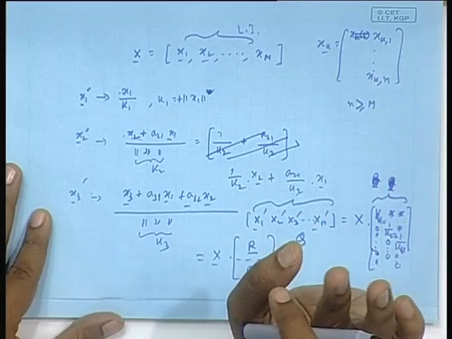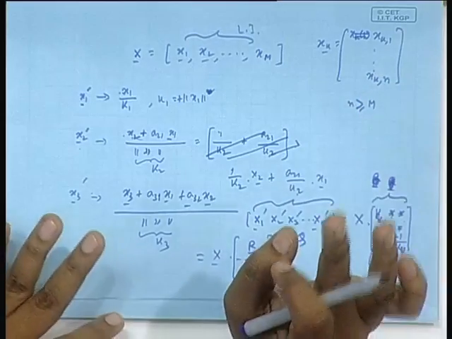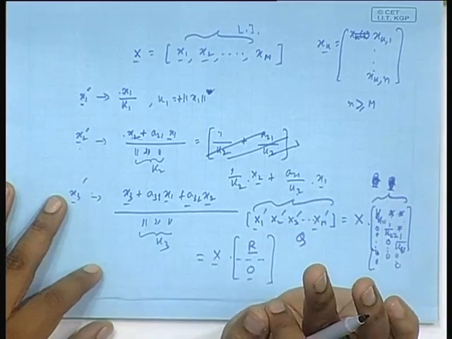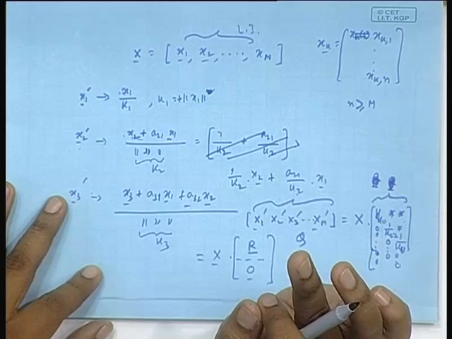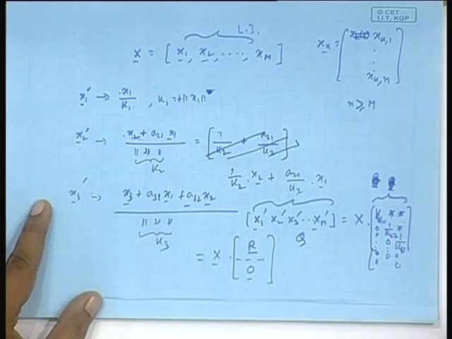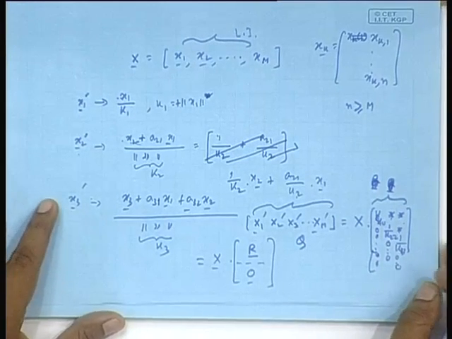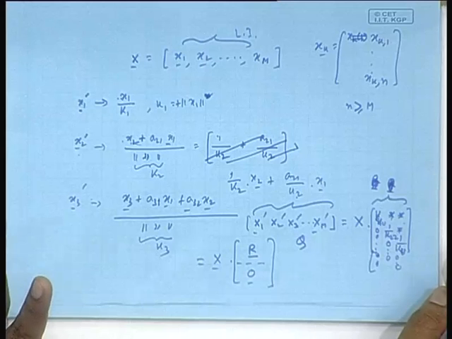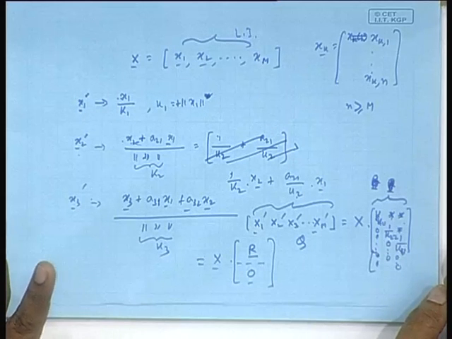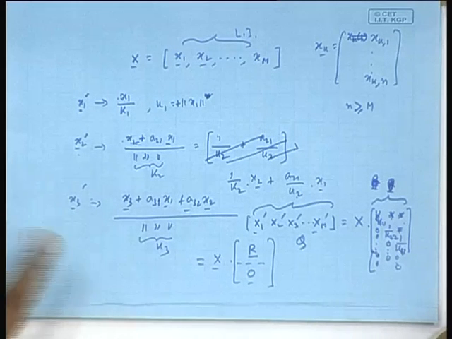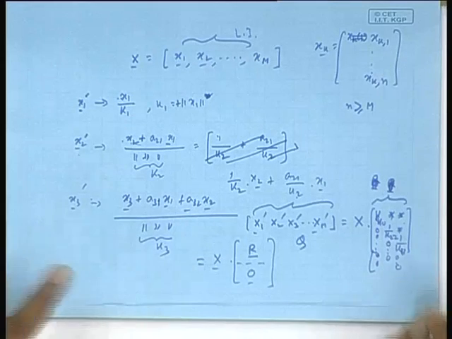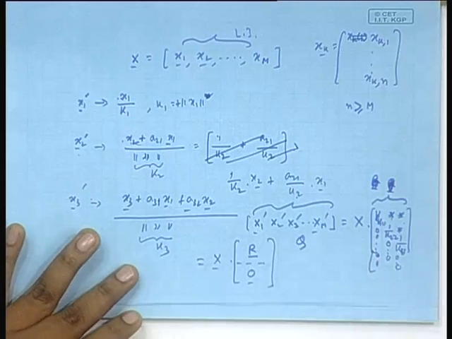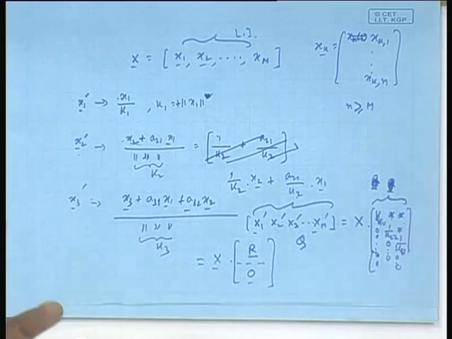So, Q is a generalized unitary matrix, not a square matrix, but a rectangular unitary matrix. Q transpose or Q Hermitian, they are the same here because we are considering real data. Q transpose Q is I. The columns of Q are orthonormal. So, Q transpose Q, but not Q Q transpose, it is not a square matrix. That is why Q transpose Q is permissible, not Q Q transpose. Row times column, the inner product is either 1 or 0.